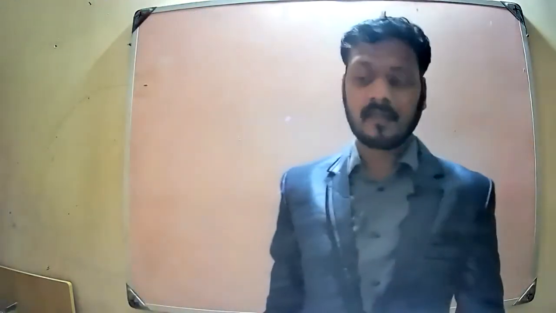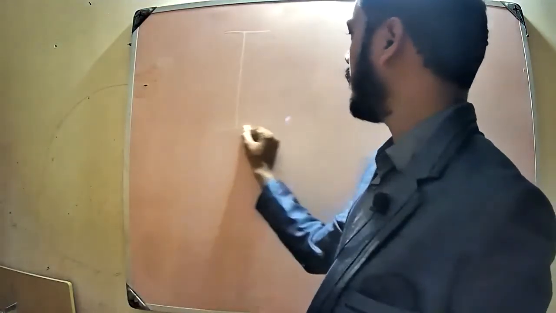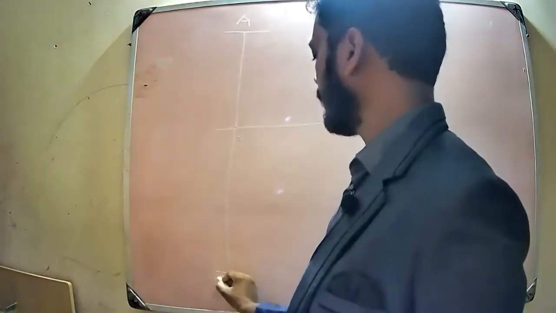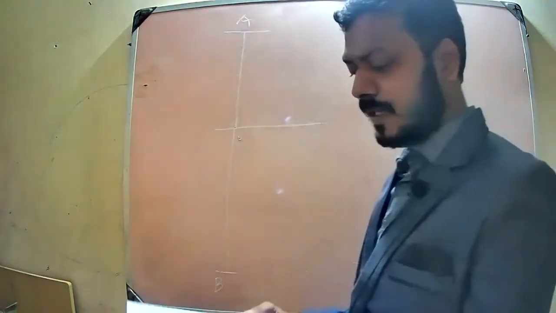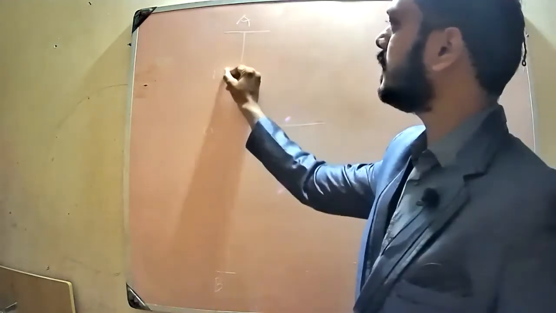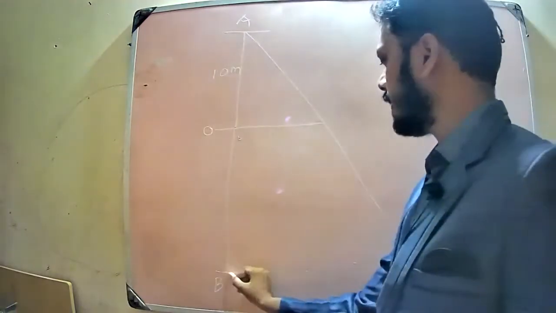Okay, what is question number 8? An elevator descends into a mine shaft. Everyone, especially those who belong to industrial areas, have seen elevators. What is the meaning of an elevator? It always stands at some height above the ground level. We can take two points, A and B. Given that a mine shaft descends at the rate of 6 meter per minute, if the descent is above the ground 10 meter, it is the ground level, and we can take above the ground 10 meter as point A, and the downward direction as point B.